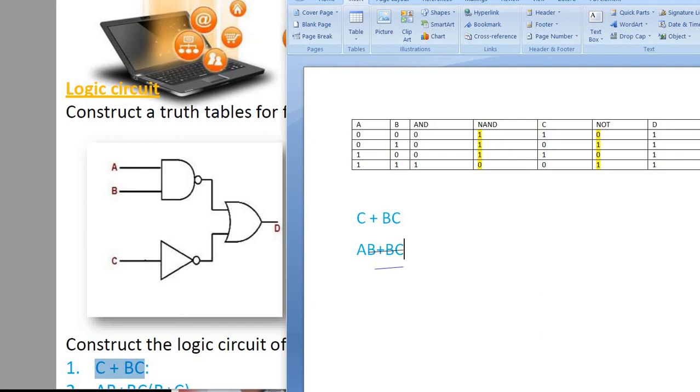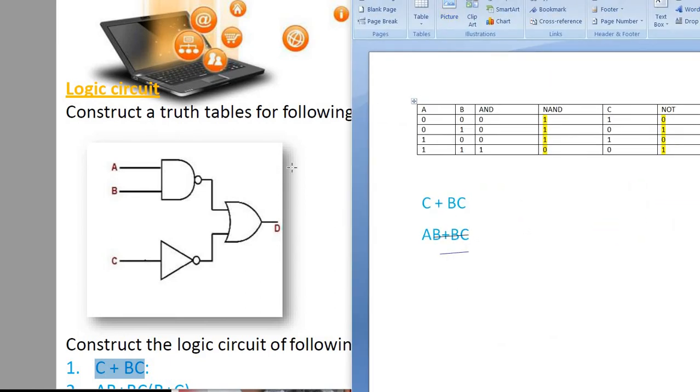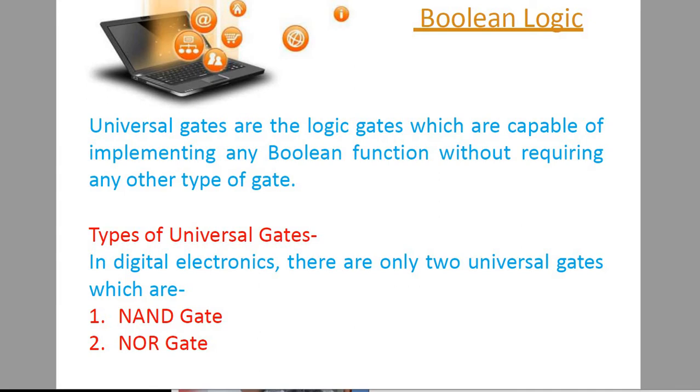So I gave you two questions. One, design a truth table from a circuit, the given circuit is here, and one more question, that you have to design a logic circuit for this. Fine. So both the things you are getting. If you have any problem, you can ask me on my WhatsApp.